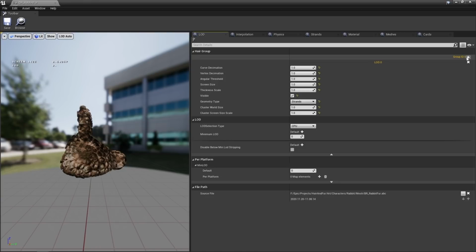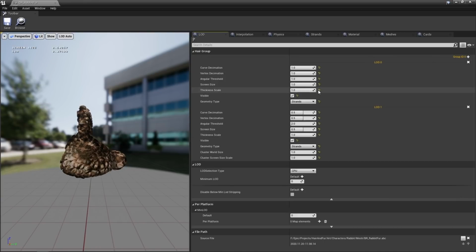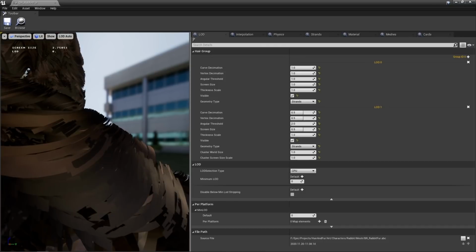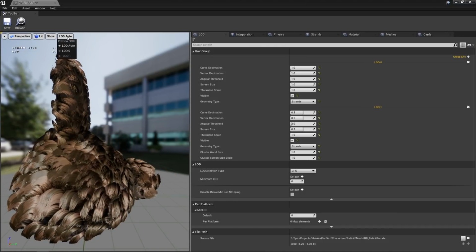But the moment I click on this plus icon, the engine is going to generate a new level of detail that has the values halved. So it will reduce the amount of curves and vertices in the distance. So if we get closer and we select the LOD that we just created,